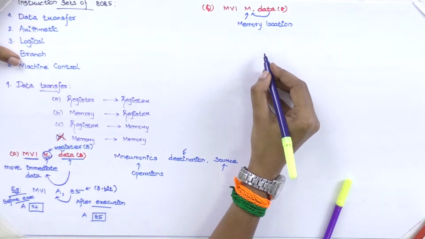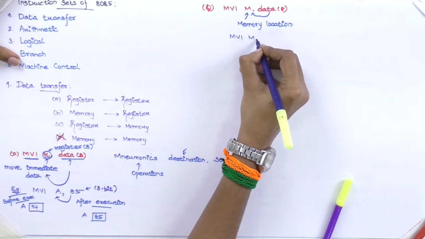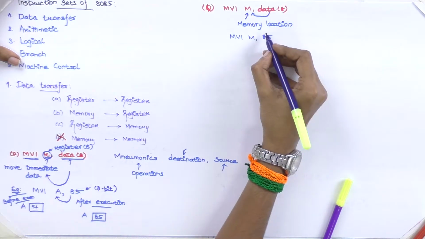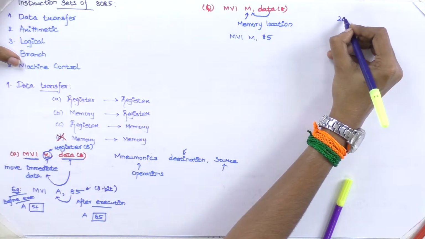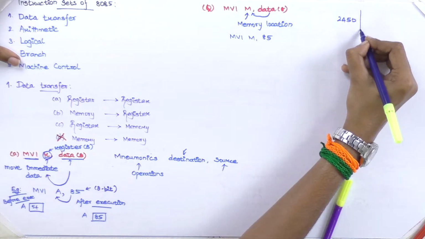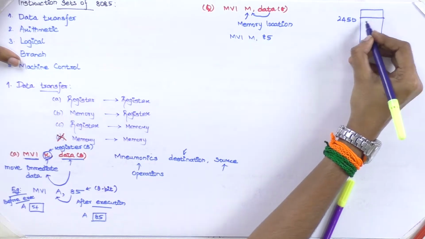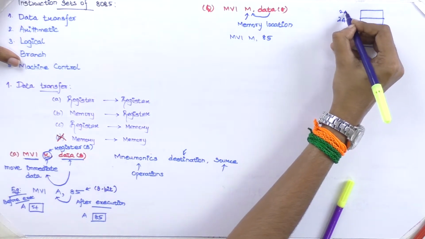So if you want to move a data, for example, MVI M, take the same value 85. If you want to move this 85 value to the memory location 2450,